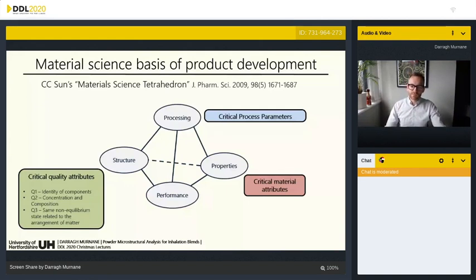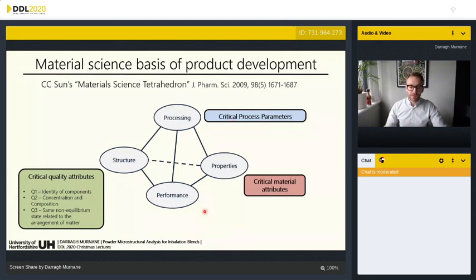The material science tetrahedron is something that was introduced about 10, 12 years ago now, looking at trying to establish the principles of how we link the measurement of input material properties through manufacturing parameters to the product performance. So there's quite an established pathway now of establishing what critical material attributes lead to the establishment of product performance, and then also modeling how processing parameters, whether it's blending speeds, filling rates, etc., also influence the